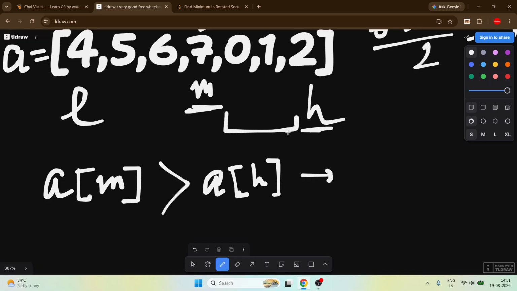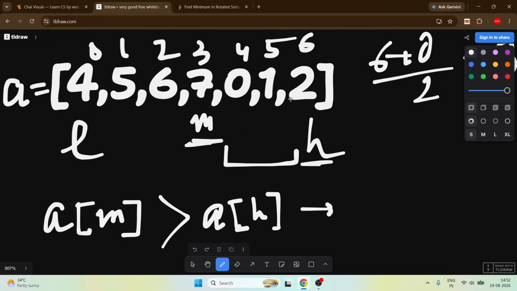Why? Simple thing, because the array is rotated and sorted and we have to find the smallest element. The smallest element always lies in this portion. If we rotate it many times, this high will always be lower than some of these values, not every value.